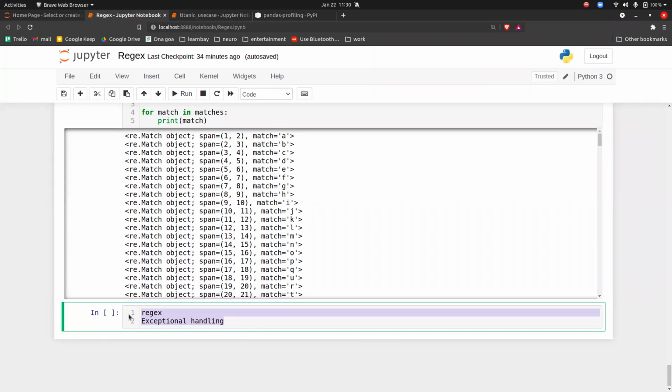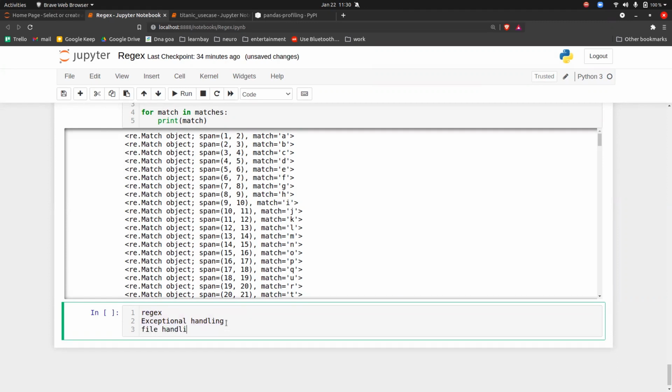Then Afsan, file handling. File handling will be taught as a special class to you. Special class means it will be on weekdays or something; it will be announced. So basically GitHub will be taught to you from the basics. Then file handling will be taught from basics. Then there's the OOPS concept. So a special class will not be included in your regular class. It will be from Monday to Wednesday, I will take 2 hour sessions from 7 to 9, and I will teach you everything. So it's like that.